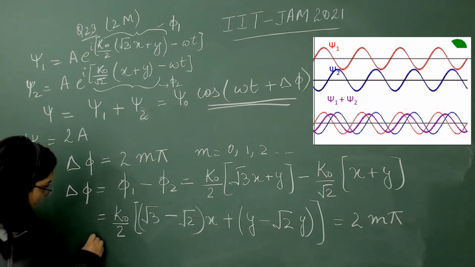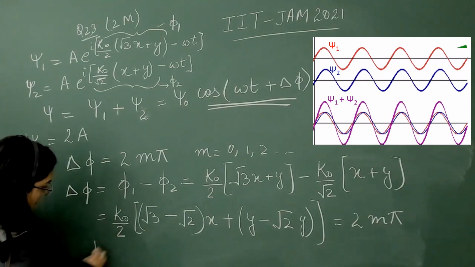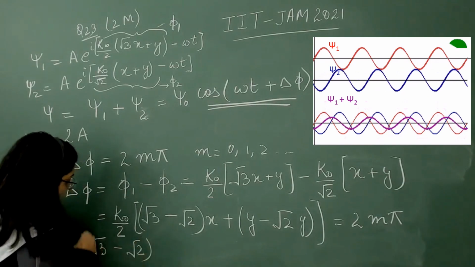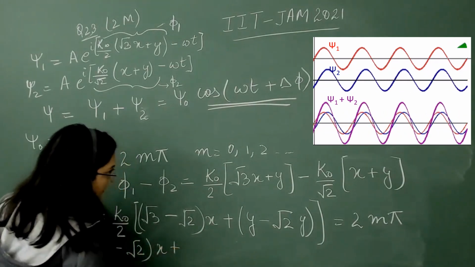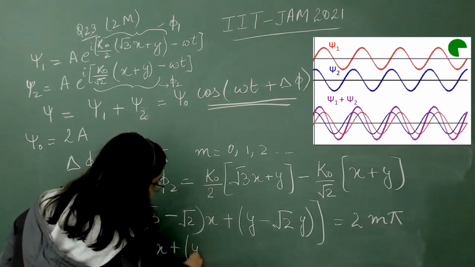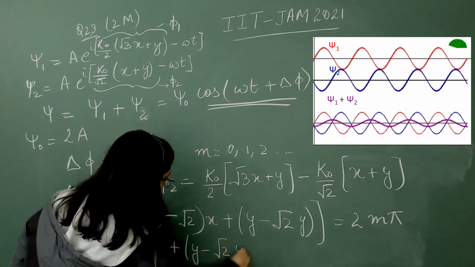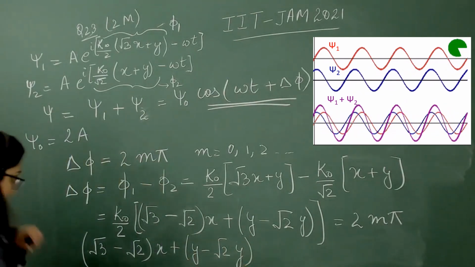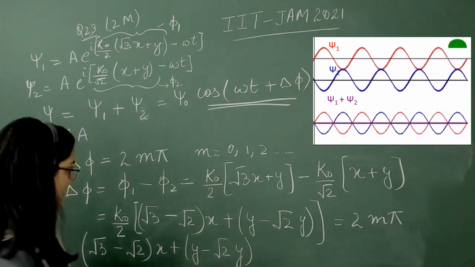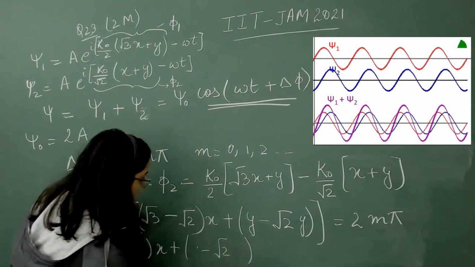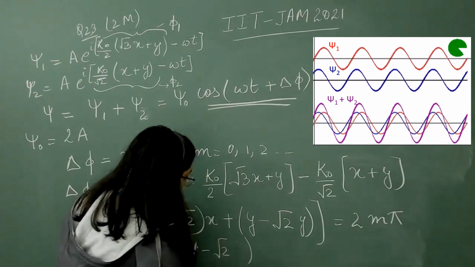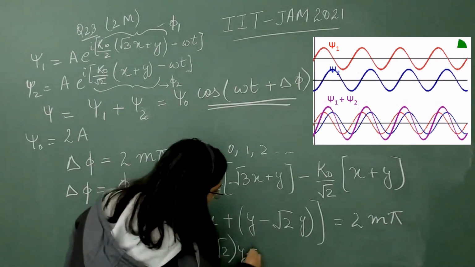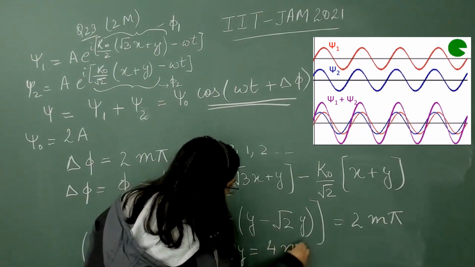We have k naught by 2 taken to the other side: (root 3 minus root 2) x plus (1 minus root 2) y is equal to 4m pi